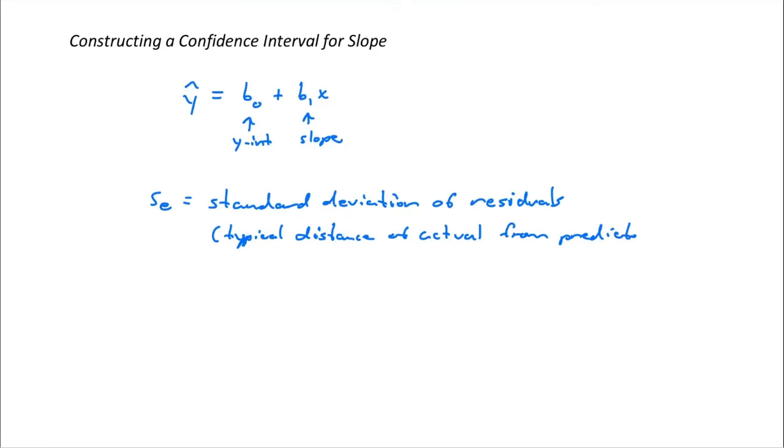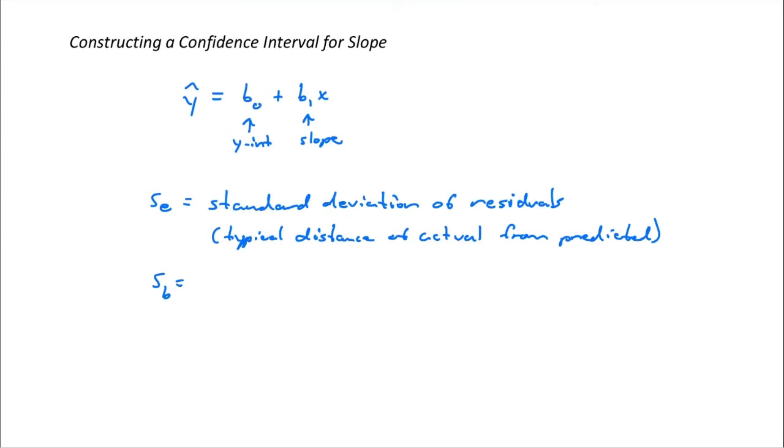So again, if you think about those residuals, and you think about the lengths of those residuals, how far the actual is from the line, standard deviation of the residuals tells us typically how far away the actual data points are from the regression line in a vertical sense. Okay. Then we also have something called S sub B, and that is the standard error of